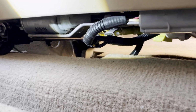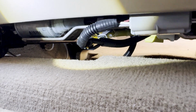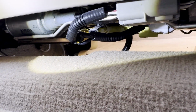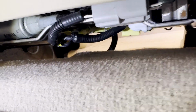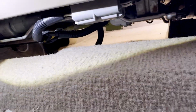But also what I did, which looks like it was not done when the service bulletin was executed by the Toyota dealer, is I actually retucked the wires under the seat with zip ties. And there are these plastic tabs that enable you to do that. You just zip tie the wiring to the seat. Why is this important? Because people have different heights. My wife and I have different heights. She's a little shorter than I am. The seat goes back and forth and back and forth, and it rubs against this lip under the seat. And for whatever reason, it creates a disconnect of the